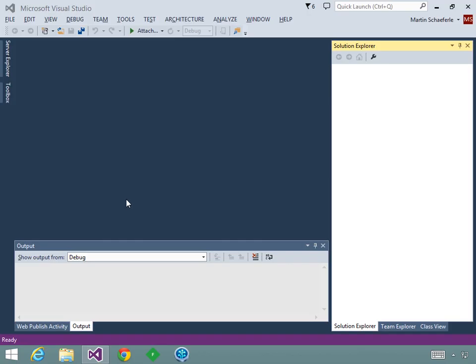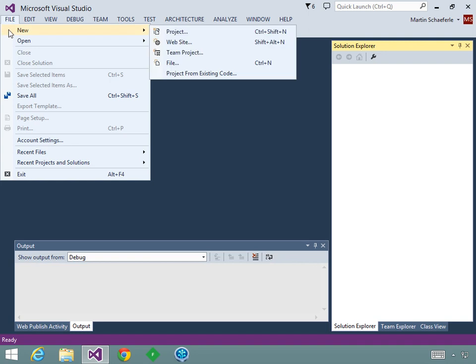For this Bootstrap demo, we are going to create a standard MVC5 project. We will take a look at the content that is created by the project, specifically the Bootstrap content. Then we'll jump over to the Bootstrap website and we'll take a look at the layout features of Bootstrap. And then we'll come back and make some modifications to the page and see how Bootstrap actually works. So we're going to do File, New,